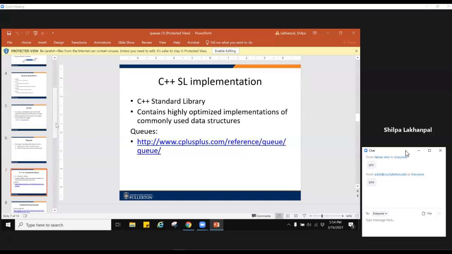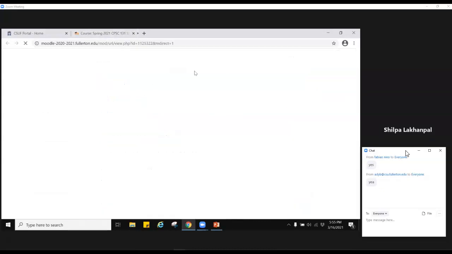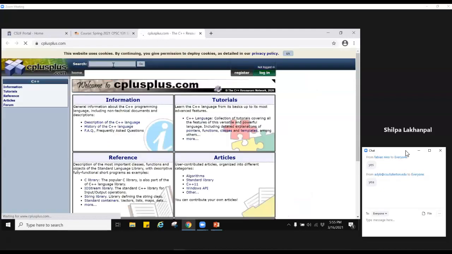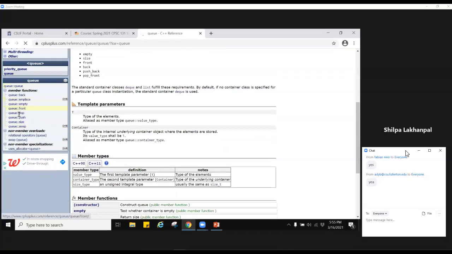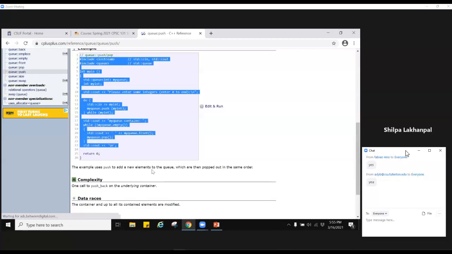In the standard library, we can actually go here and you can go to the cplusplus.com and these are the operations for the queue. So you can see the pop, the push, the empty, the size, the front, and also there's a back. So that means that you can also query the element at the back of the list. And if you want to read more about these functions, you can always look at the very small examples that are posted. They are really good examples.